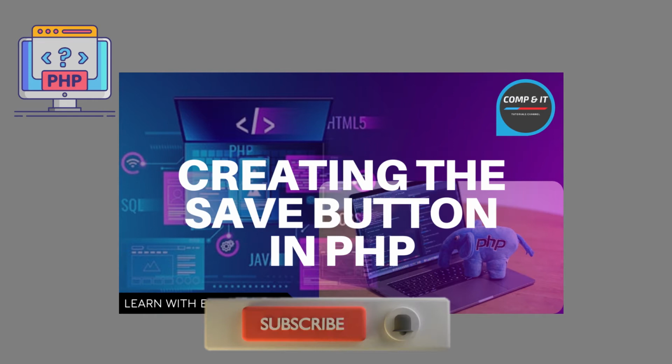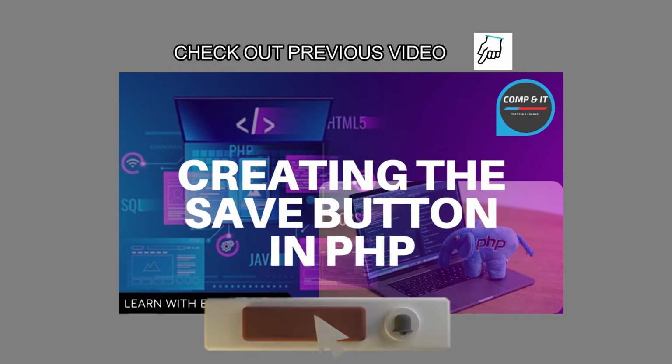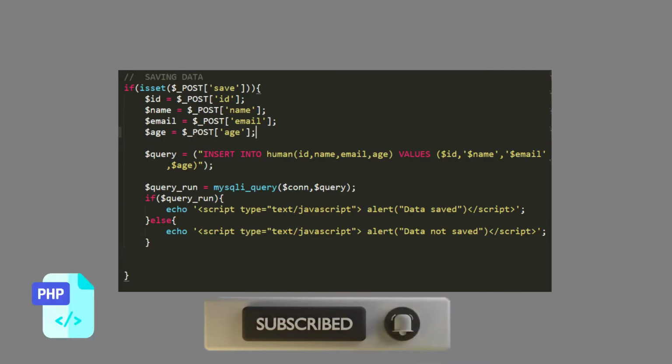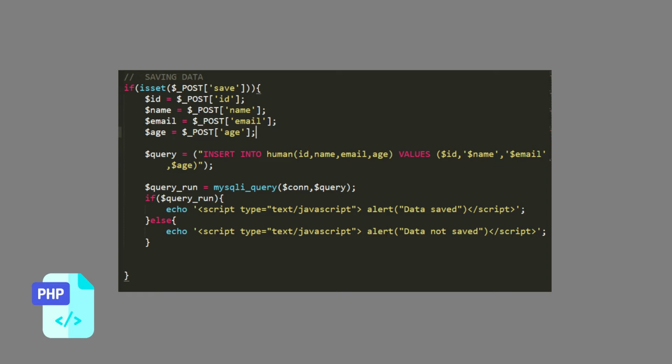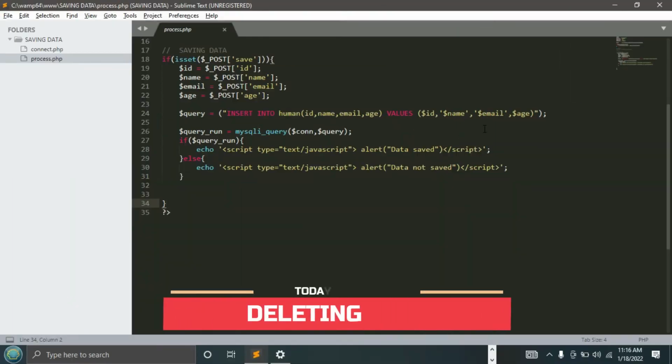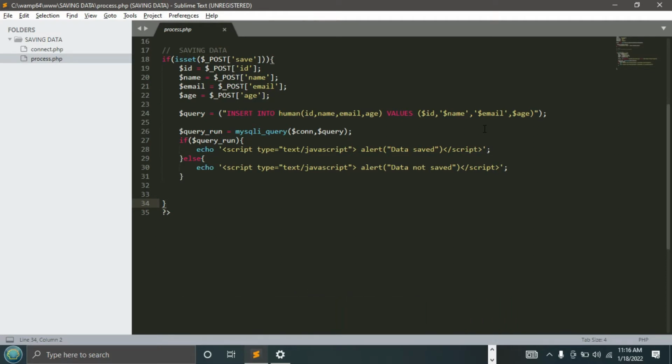So last time we were talking about how we can save our data within phpMyAdmin. Today we are going to continue, but this time around we are going to have a look at how we can delete data that we have inserted within phpMyAdmin. Now at this stage you should know that you are able to save data, to insert it within a WAMP server, the localhost that you are using right now. Let's have a look at how we can delete data,